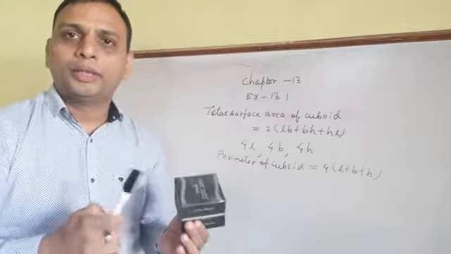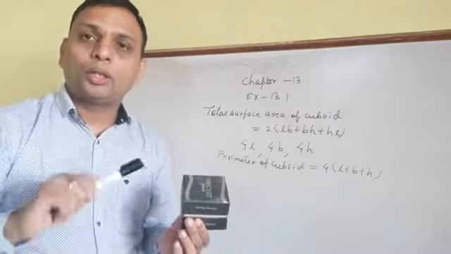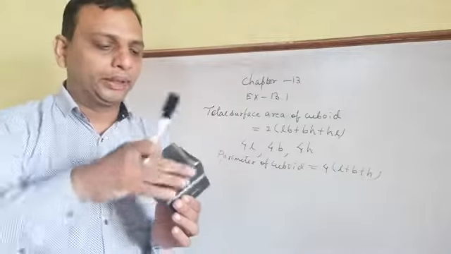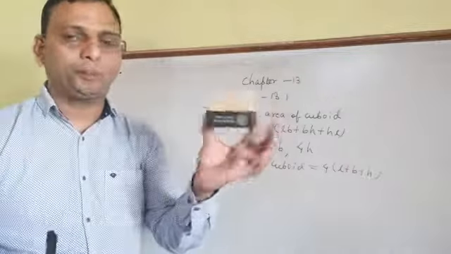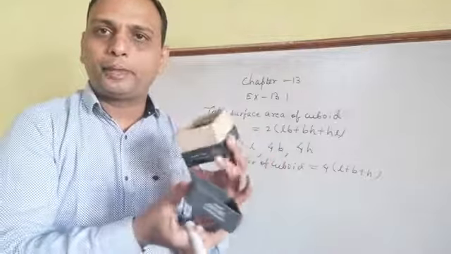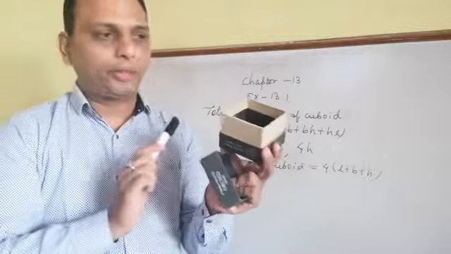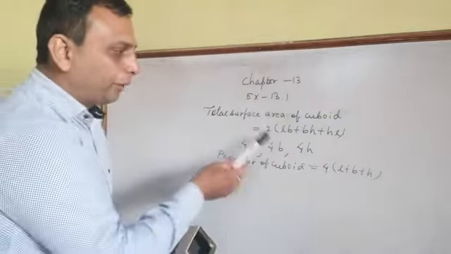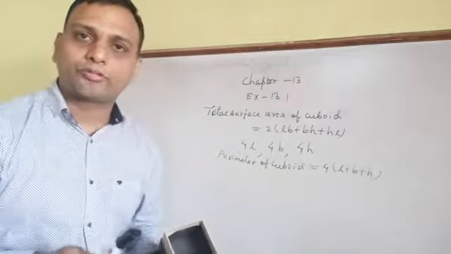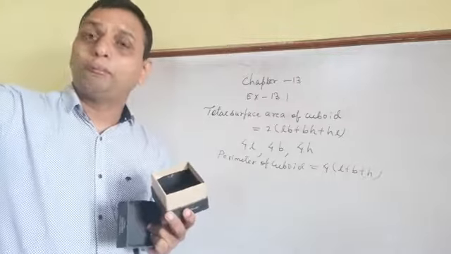Now the next question comes: we have to find the lateral surface area, where either the ceiling or the bottom part is not included. Suppose I have to find the area of this much, I must not use this part, and I already told you this may be in the shape of rectangles. This one area I need to find. If I apply the complete formula, it will be wrong, because it will calculate the total surface area, and I need to find only the area leaving out the floor and ceiling part.